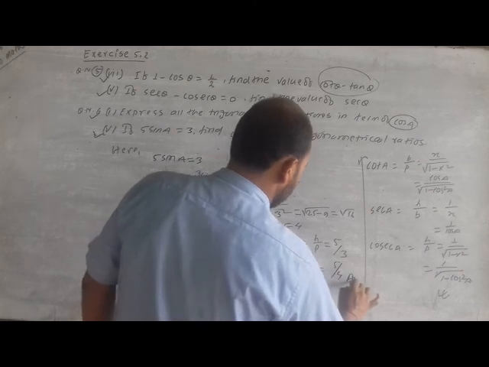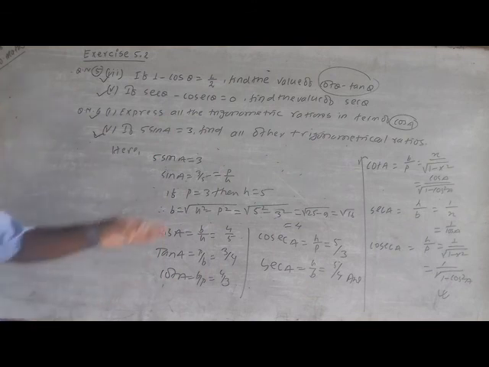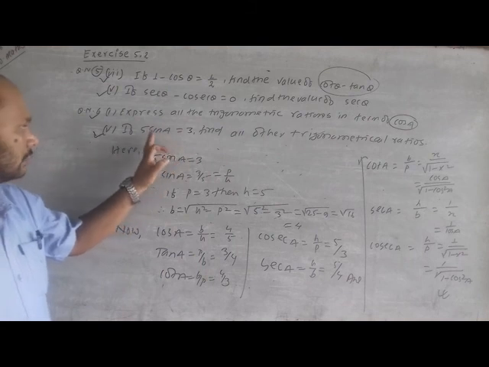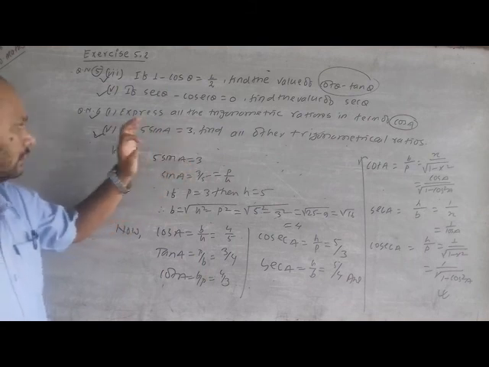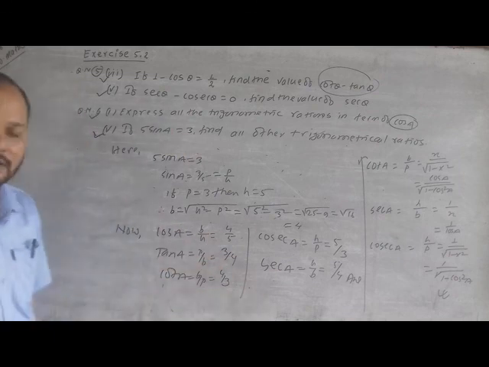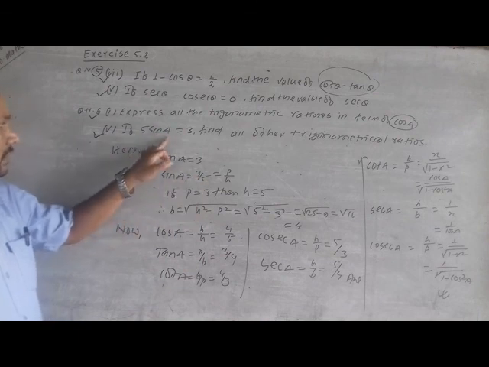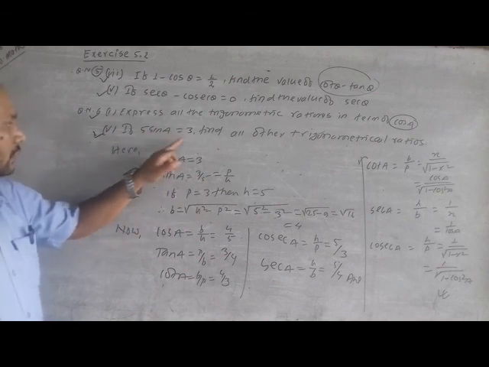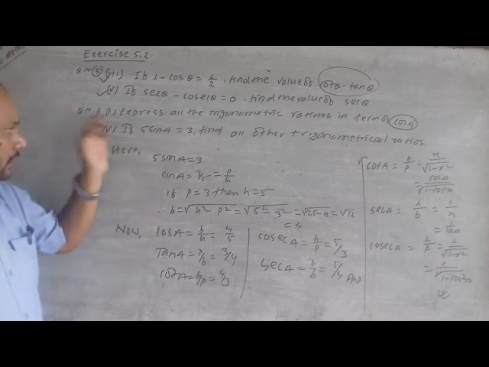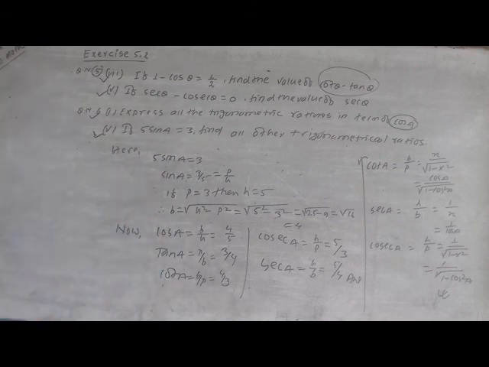My dear friends, in this way you should find all the trigonometric ratios if we have been given the ratio of sin A, cos A, tan A, by using this way. Yes, first you should find here sin A equals 3 by 5, and also in your question there is a mistake, you correct your question, the values of 5 and 3 are interchanged, you write in this form. Yes, and today we complete this exercise